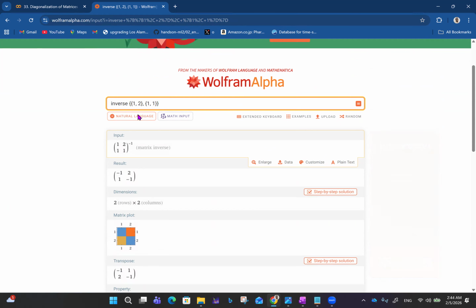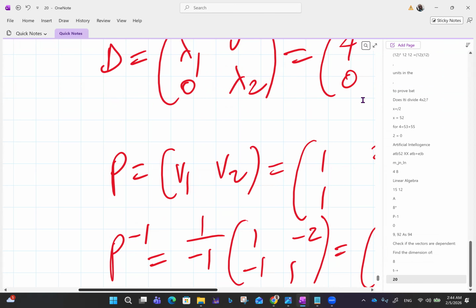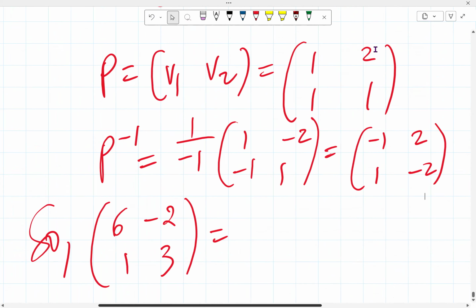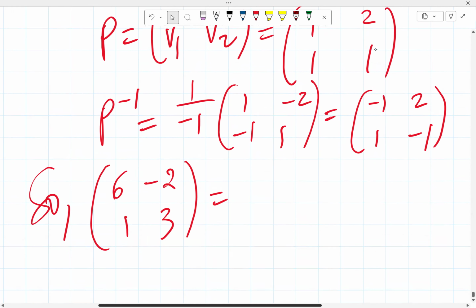Yeah, inverse. Minus 1, 2, 1, minus 1. At the end of everything. Yeah, minus 1, 2, 1, minus 1, sorry. Yes, so with that in place now, we can then say so